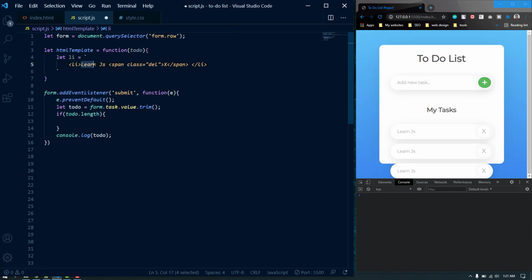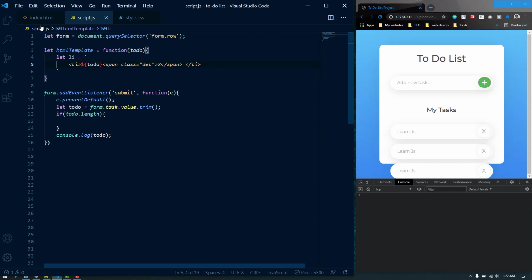We just need to change the text here, and we are going to get the text from this todo, which is the value of this input field. For using a variable inside the backticks, we are going to use a dollar sign and curly braces, and we can put our value. Sorry, this is not it. We are going to get the value from the todo, and this is everything we need to do.